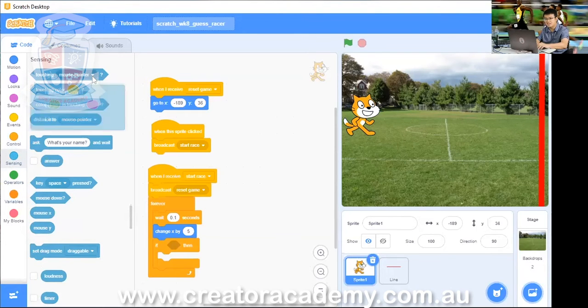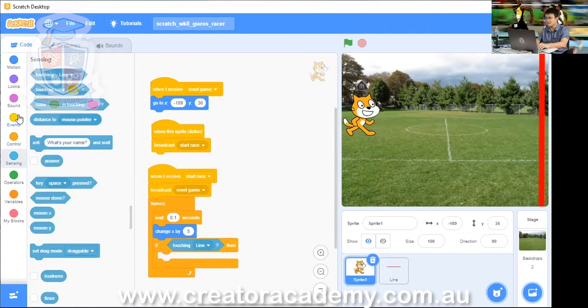We want touching line, so touching, and then you hit the arrow, and then we choose line, and we put that inside the hexagon. If we're touching the line, then we're going to broadcast another message to say that the race is over, okay?